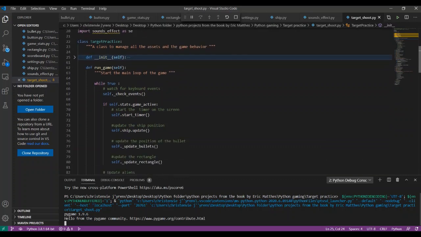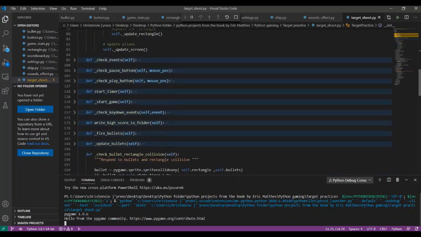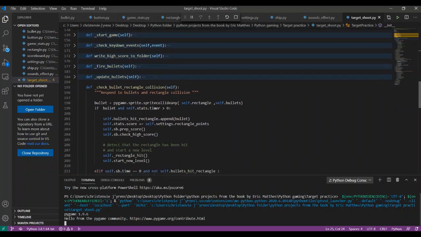a list that will store the bullets and alien collision, the bullets that have hit the alien while the time is greater than 0. So here we have it, the bullets. Here we are checking the collision for any bullet that collided with the rectangle. If there is a bullet and the timer is greater than 0, it will